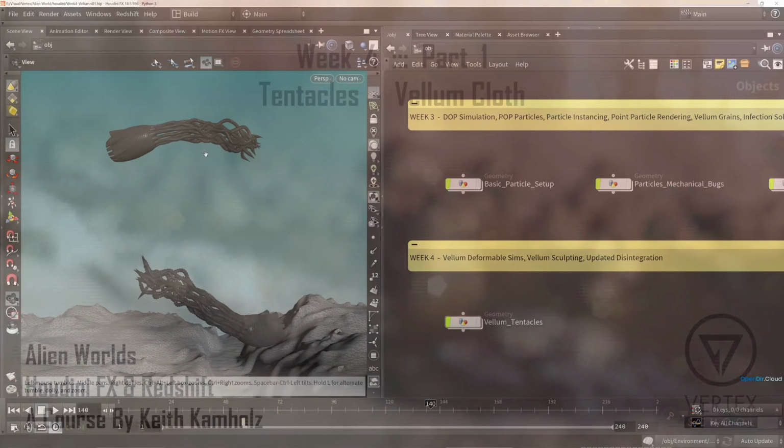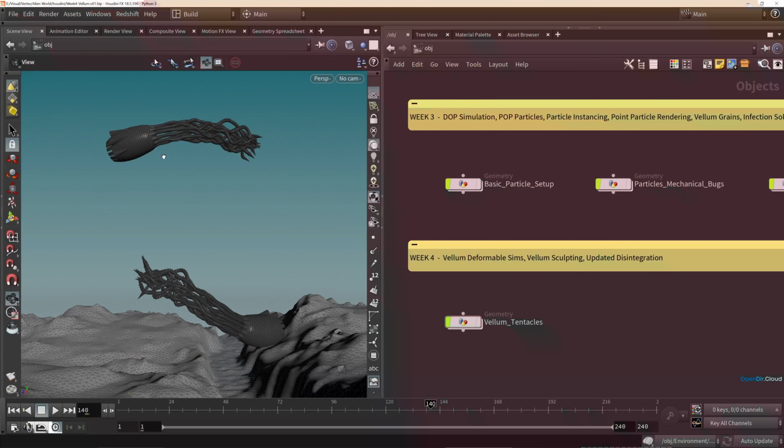So far, we've just been using some procedural noise for the animation on the tentacles of these creatures, so now let's do some nicer simulations of these tentacles with Vellum. And we have a few different options for simulation types to create this deformation in Vellum. We could simulate this as curves, as cloth, or as soft bodies, and we'll take a quick look at each